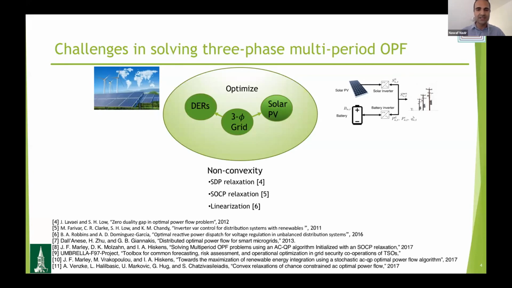But the issue is that these relaxations often fail under certain circumstances, so there's no guarantee that they will hold. For energy storage, [7] has used a multi-period SDP relaxation, whereas [8] uses an ACQP with an SOCP relaxation. Again, the issue here is the non-convexity of the power flow equations. Furthermore, when you have multiple time steps, that increases the problem size substantially, leading to a large increase in solve